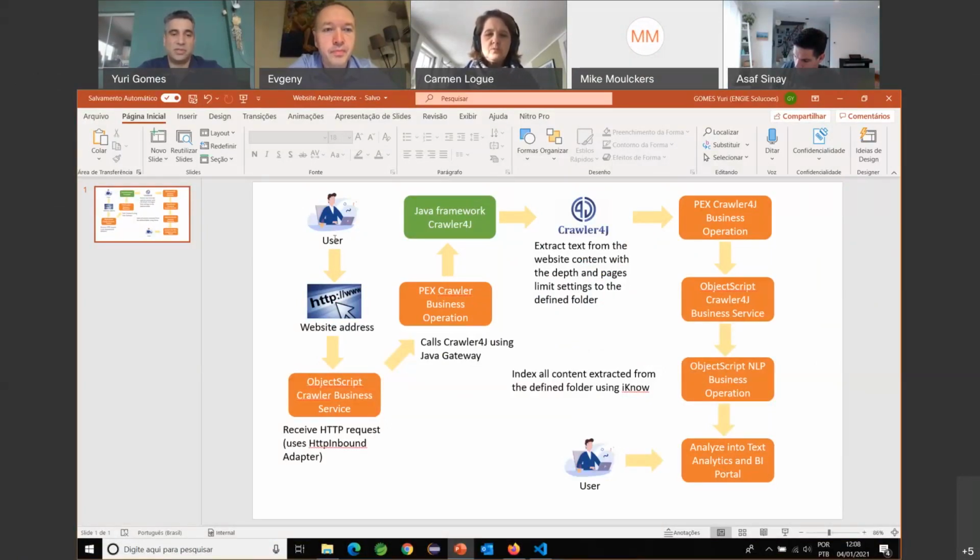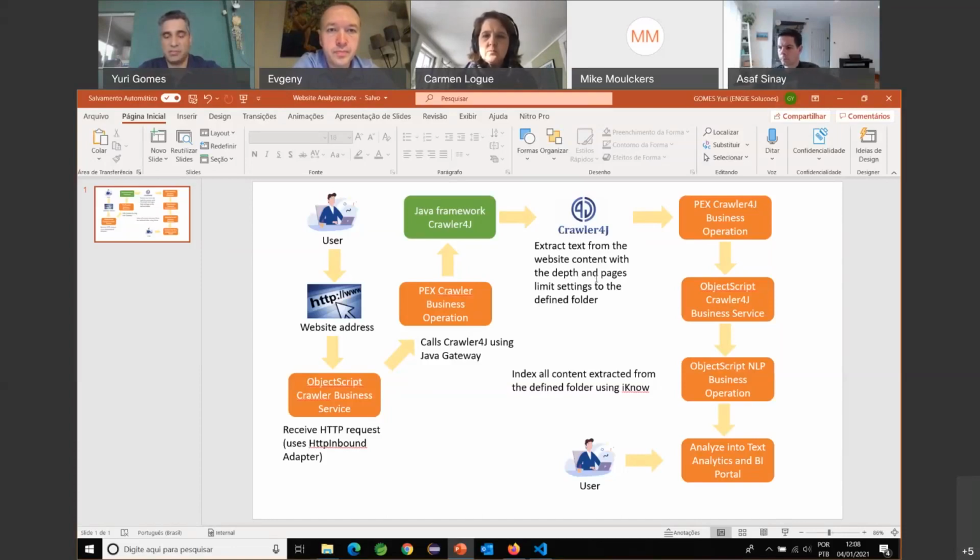So the user enters the website address and an ObjectScript Business Service receives the website address and uses Crawler4J, a Java framework, to crawl the website, extract all contents or partial contents,